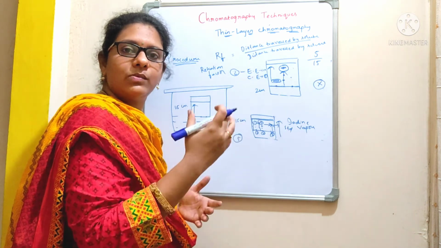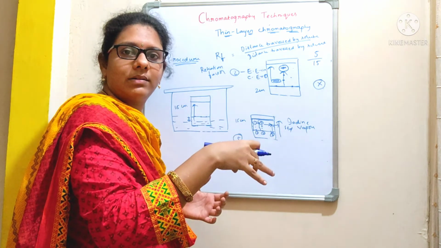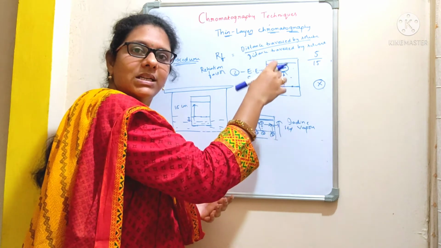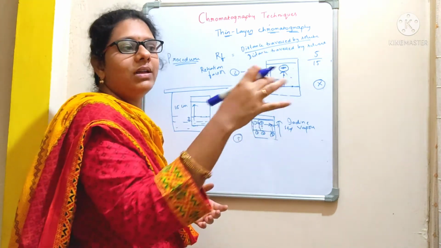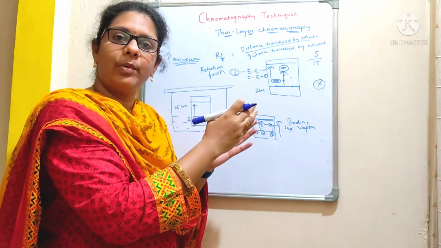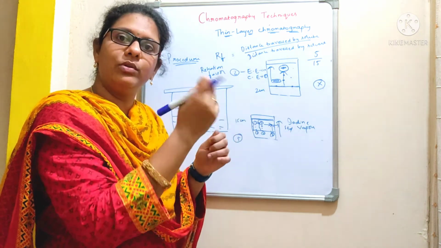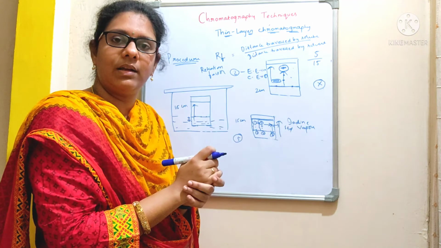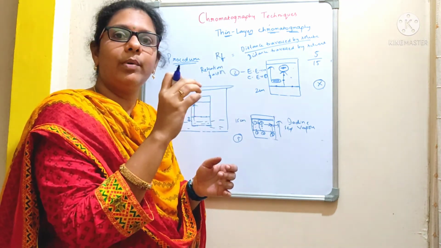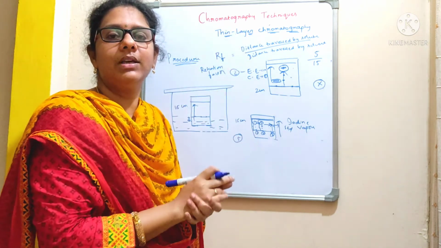See, during centrifugation what happens? The molecules which have higher density will be deposited at the bottom, right? So the silica particles will settle at the bottom and the compound that is present in that band will be dissolved in the ethanol. Suppose you want to proceed with that compound, you can also remove the ethanol: just remove the Eppendorf cap and leave it at room temperature. By the next day the ethanol gets evaporated and your compound will be present in the Eppendorf tube. You can send that sample for further analysis.